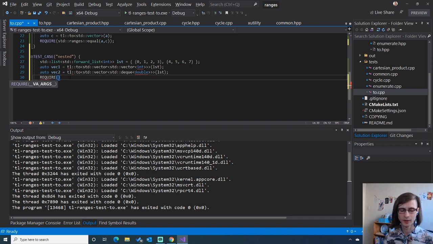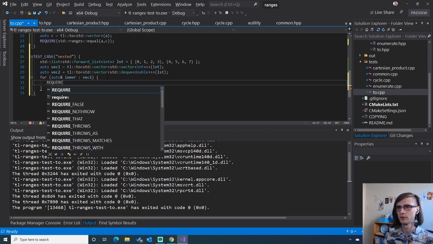Require that we need to make this nested for inner in vec1, auto ref. Require that